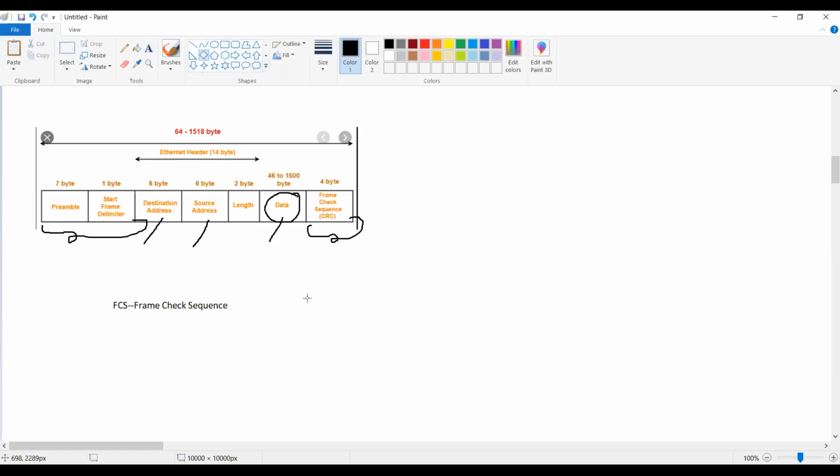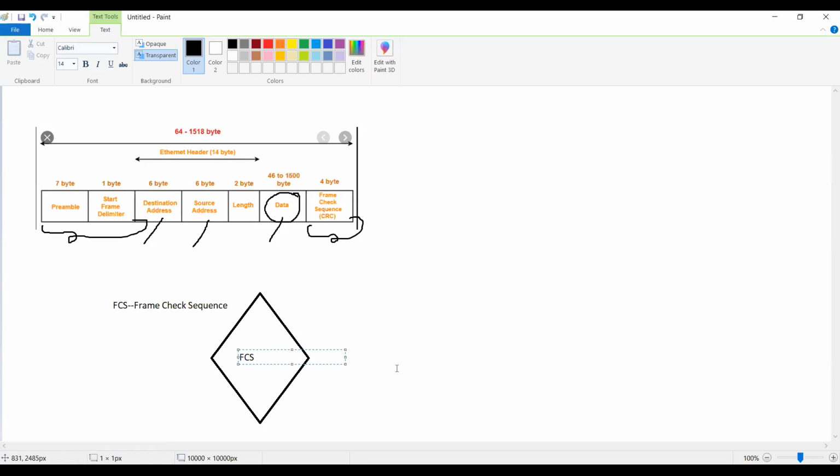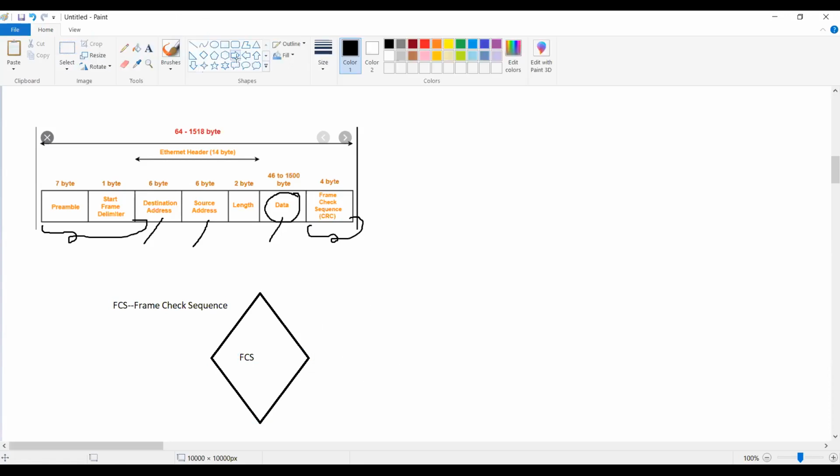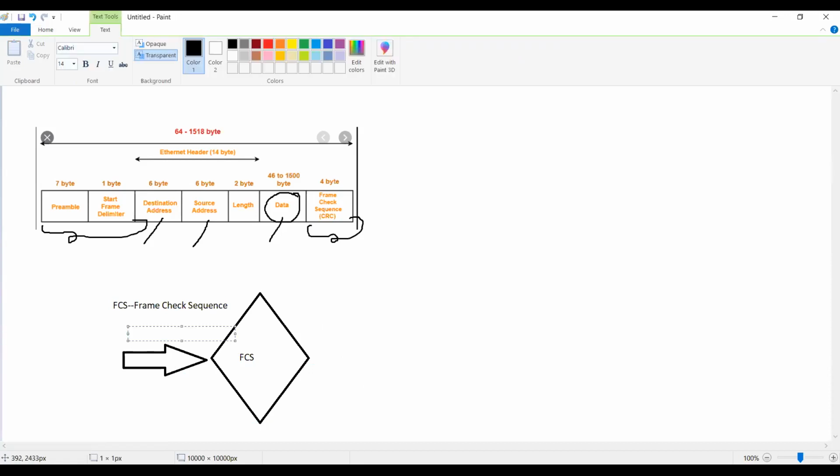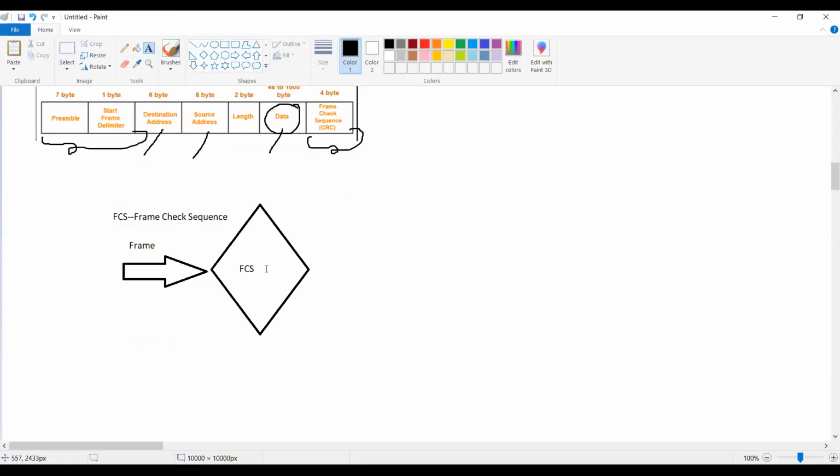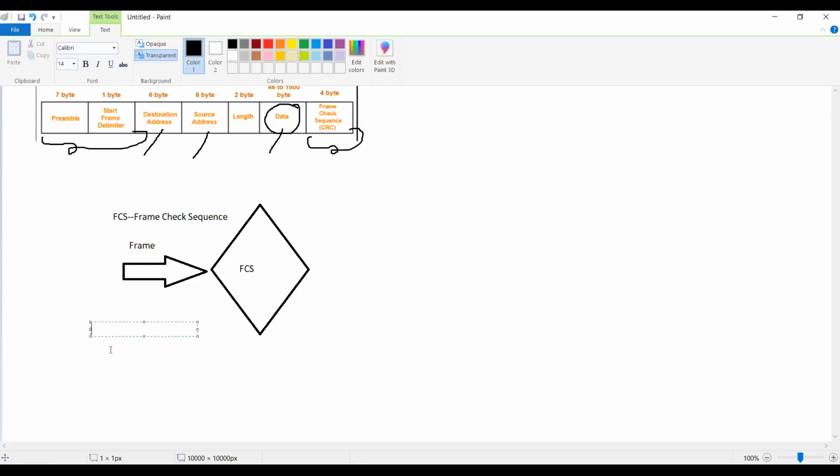Yeah, here it is. As soon as the frame reaches here, this is the frame. So what happens to this frame? The requirement of the frame check sequence here is that he'll apply the CRC algorithm, which is called